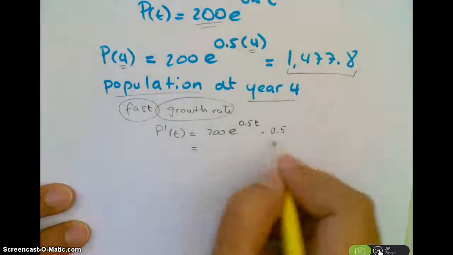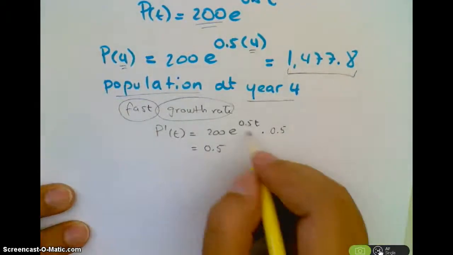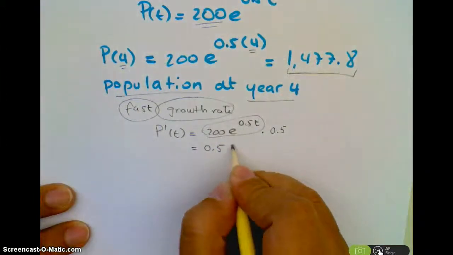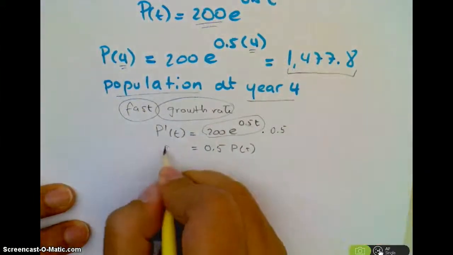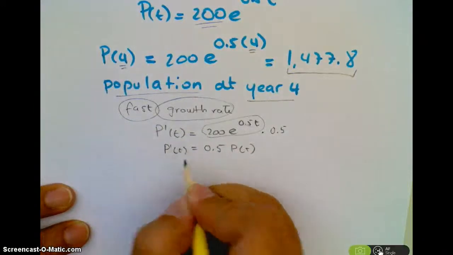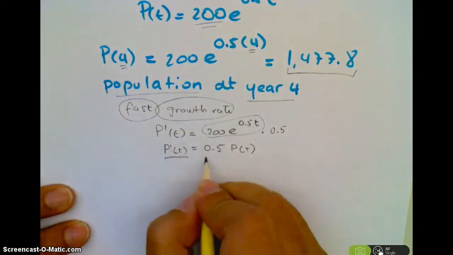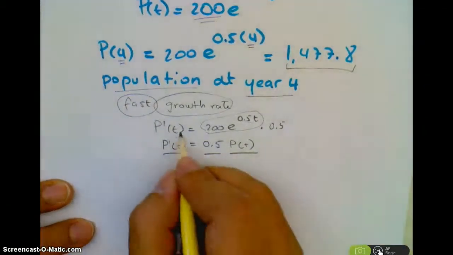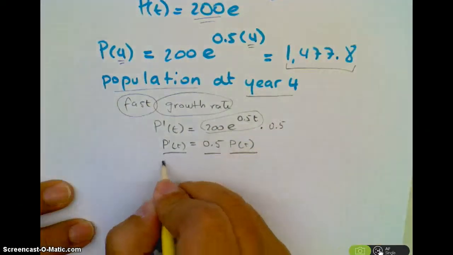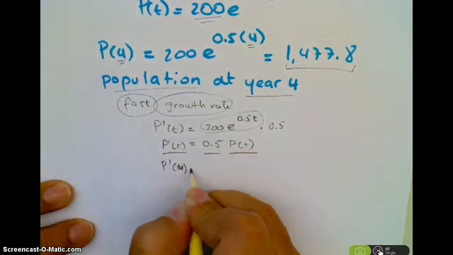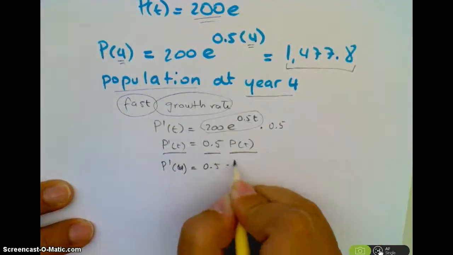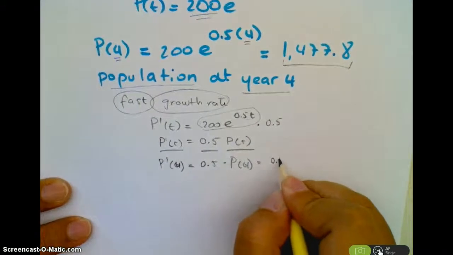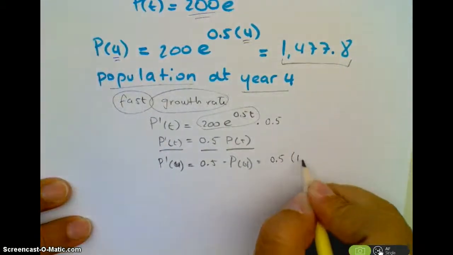Now, if you remember, when I reorder this, the only thing that I'm going to get here is 0.5 in front, and then this is just the same as P of t. So the growth rate for this function is the same as 0.5 times the current population. So how fast is it growing at the 4th year? P prime of 4 will be 0.5 times the population at 4. So the only thing I have to do is multiply by 0.5 my population for that year,